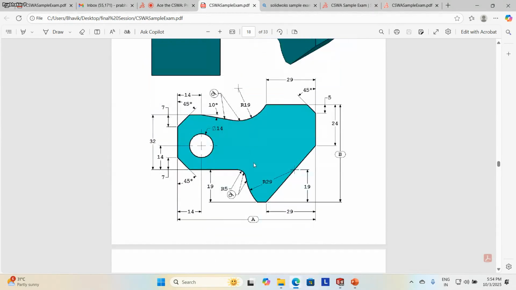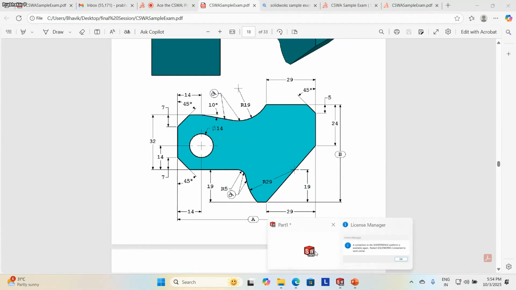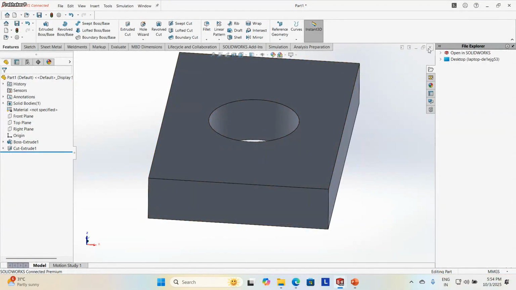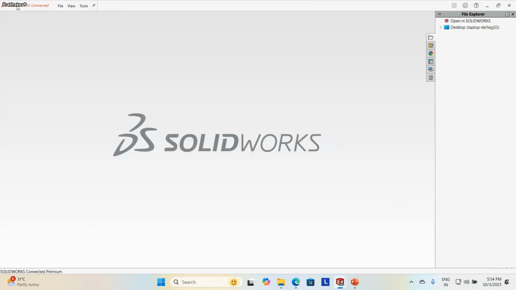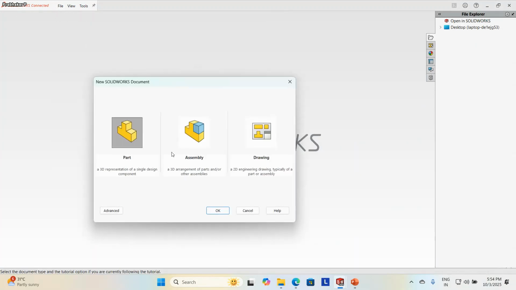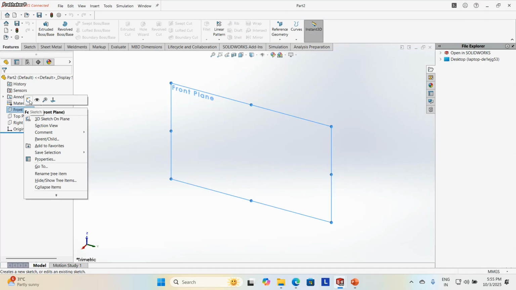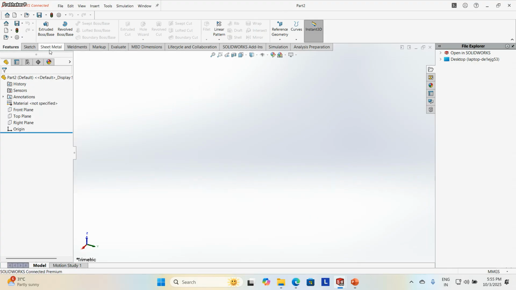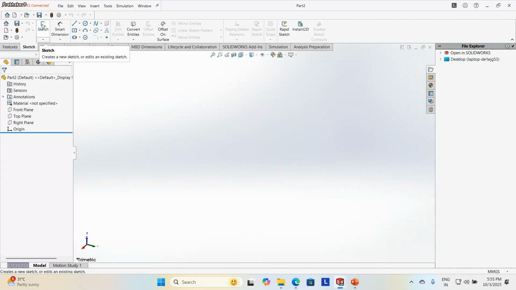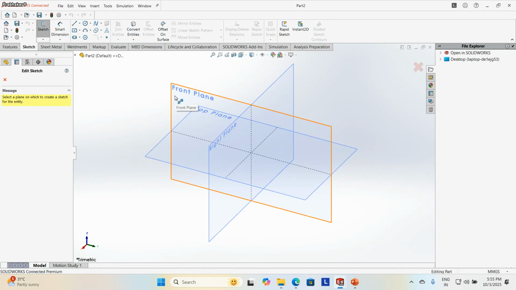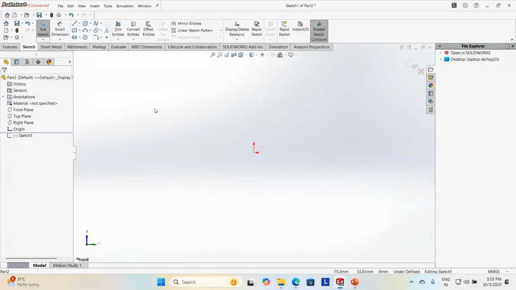This is the idea. For doing this, I just enter into SolidWorks. I will close this file, click new, and enter into the part environment. I can just click and give OK, or double click and OK. As I told, I directly select the front plane and sketch. There is an option here, or some people go here, take a sketch, then select the plane. There is nothing right or wrong. Whichever is convenient to you, you can follow.